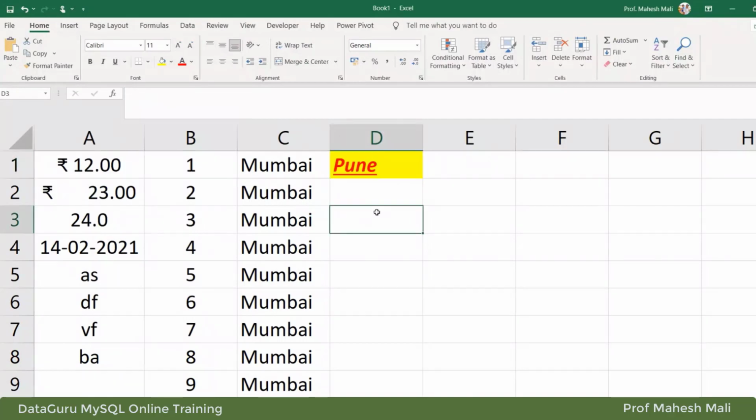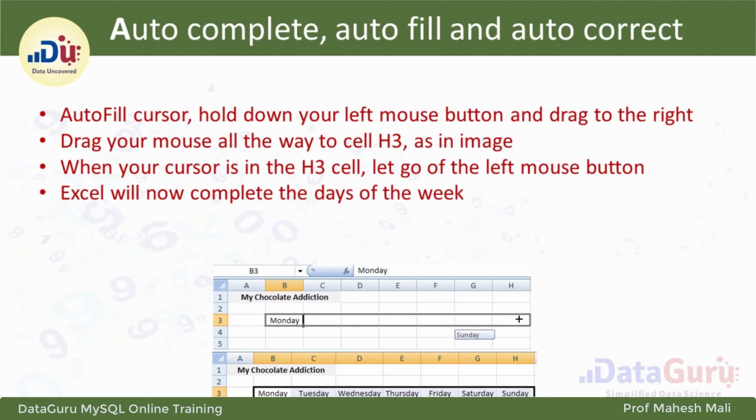All such things can be done with the help of a cell value. Okay, so this is how generally we can go. The plus sign is very important when we are working with the autocomplete, autofill or autocorrect option. So please get to that.